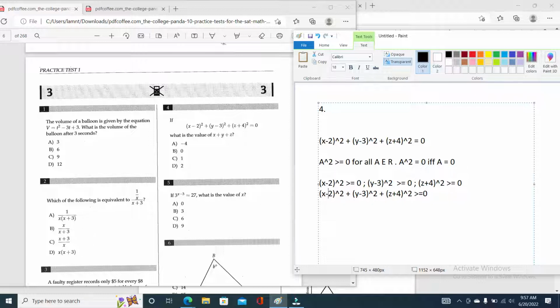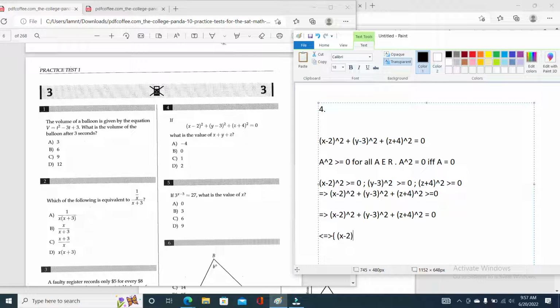Right? Because that's just adding 3 non-negative terms together, the result should be non-negative. But here we ask that the equation has to be equal to 0. So this only happens if each of the individual terms is in itself equal to 0, right? So this equals 0 if and only if each individual term is in itself equal to 0, which means